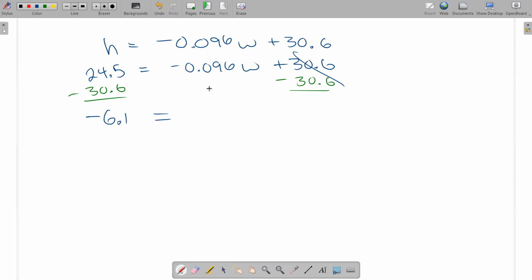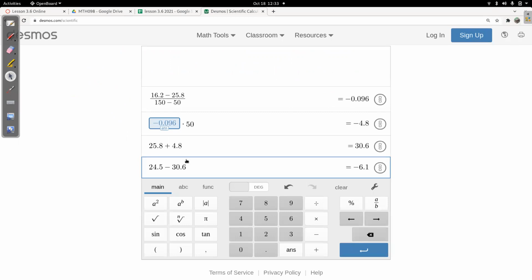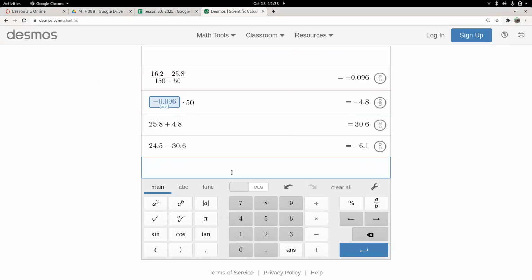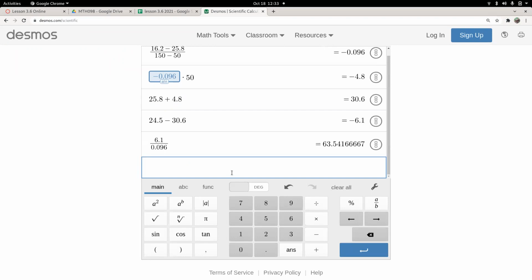So this is gone, so negative 0.096 W. That's a multiplication. To get rid of the multiplication, we divide. A number divided by itself is 1. 1 times W is W. So over here, we also have to multiply by that same value to keep things balanced. Negative divided by negative is a positive. So I'm going to take 6.1, divide by 0.096, and I get, I typed those right,